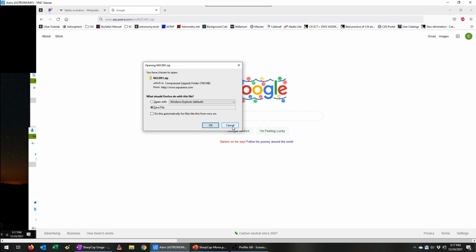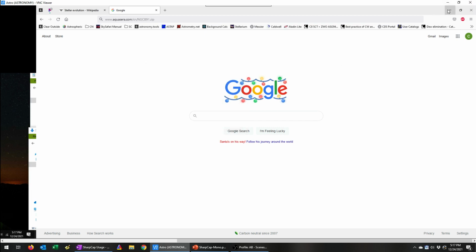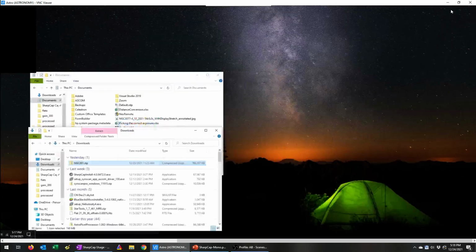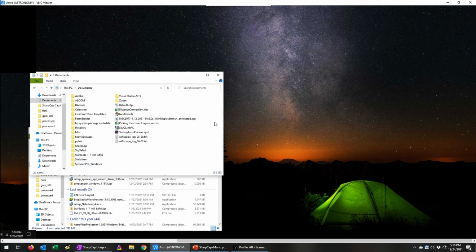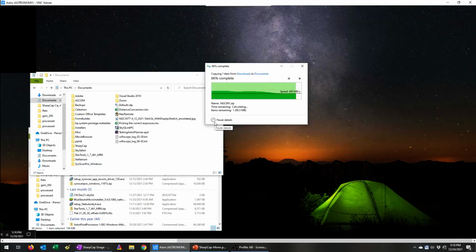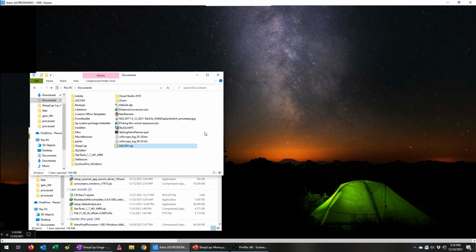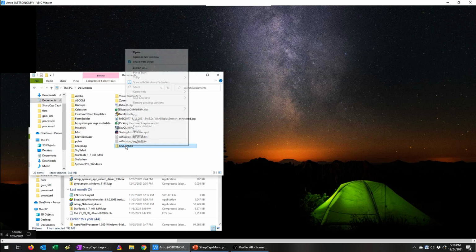I'm not going to download it in this case, like I said, because I've already downloaded it. But after you've downloaded it, it should be in your downloads folder. I suggest then you copy it somewhere else. In this case, I'm just going to copy it over to my documents folder. This will take a second. Once that is done, what you want to do is then extract it. So right click on that and then go to extract all,